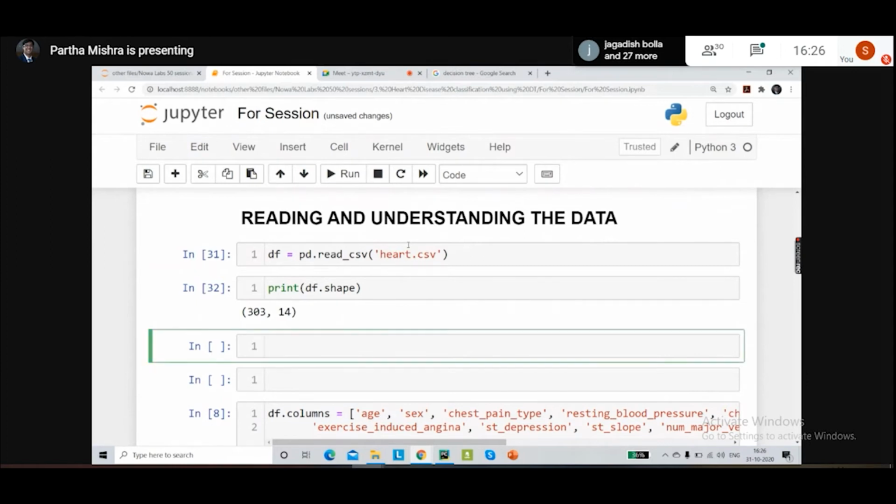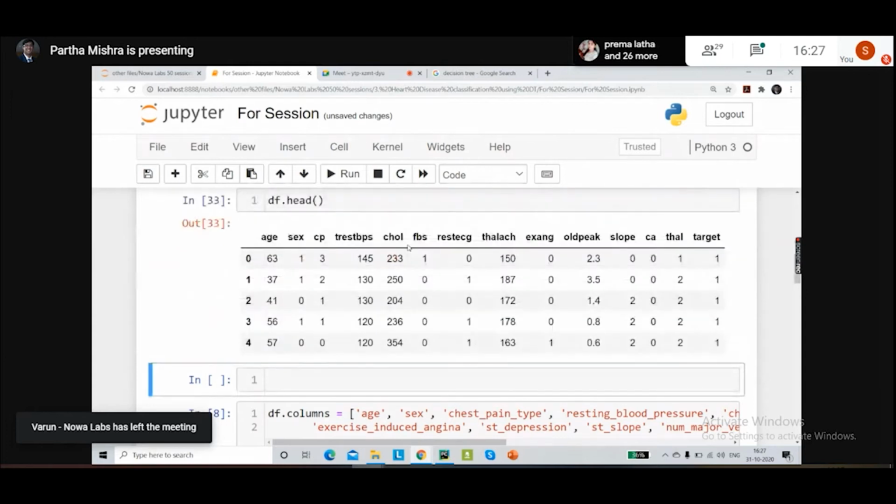Now let's take a peek at exactly what this data set has. I'm going to use the method called head and look at the first 5 entries. Once we get this output, there's something a little odd.